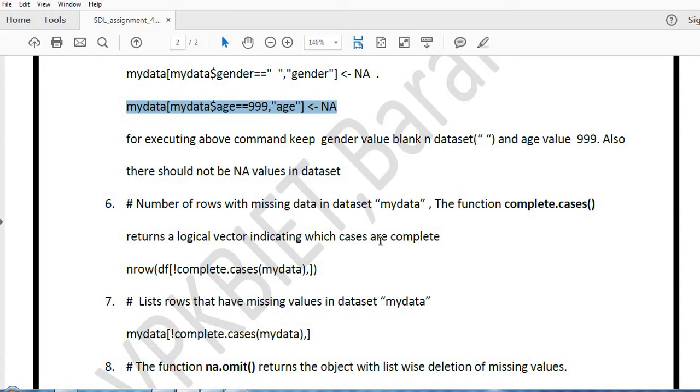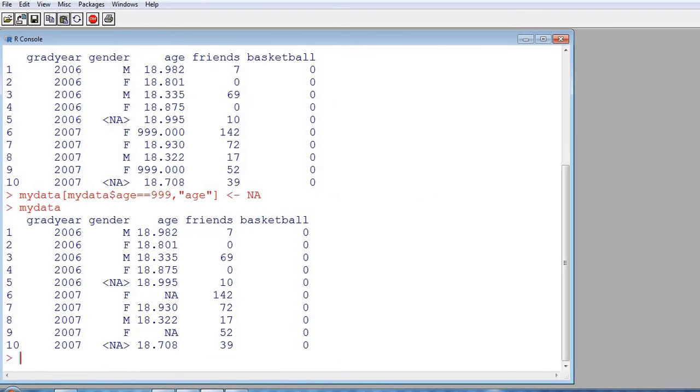You will not get a correct analysis for all those rows. So if you get the count of how many rows are having complete cases or non-complete cases, then you can make a decision accordingly. So with this command, we are getting the count of complete or non-complete cases.